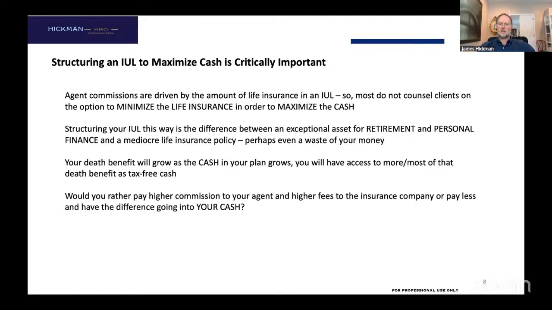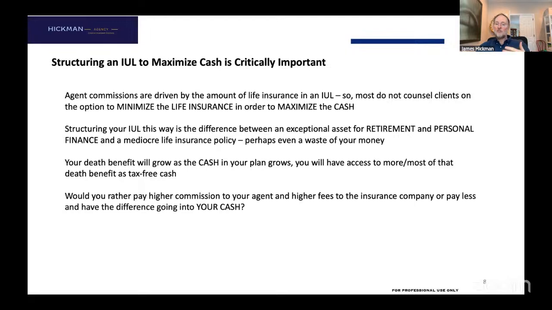Structure is everything. And just know this, even though we're minimizing the life insurance on day one, as the cash grows, your death benefit grows with the cash. So when it's structured that way, the cash that you're building up actually gets added to the life insurance. When you pass away, the sum of the two, less any money you've taken out along the way, obviously, remember, take a policy loan, that'll be deducted from the death benefit, but it's the sum of the two, the life insurance and the cash, less any policy loans. That's what's going to go to your family when you die. So the death benefit's going to be rising over time as you build up that cash.